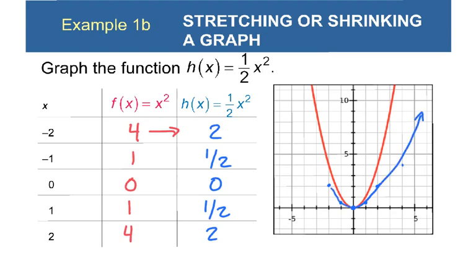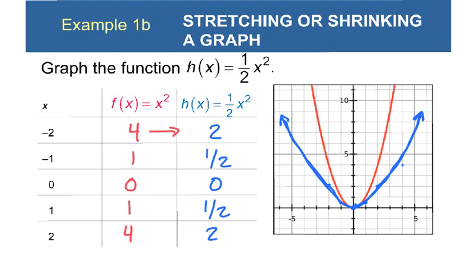So this is kind of how our h of x squaring function is going to look. Looks still like a parabola, like our x squared function. It's just been,